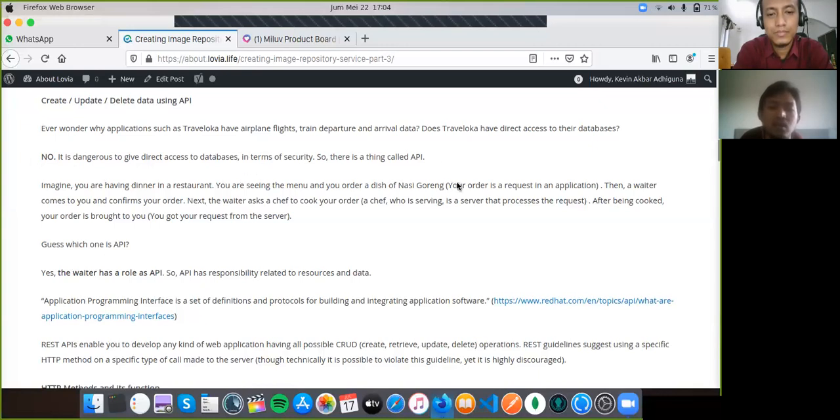So there is a thing called API, and API comes from a dissertation of maybe Roy Fielding in 2000. Yeah, it was just a brief history of API. So maybe one day I found a post on Instagram stating an imagination of API. Imagine I'm having dinner in a restaurant, seeing a menu, and I'm about to order nasi goreng, and I order nasi goreng to a waiter or waitress,